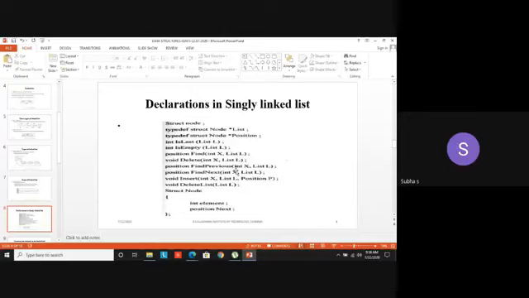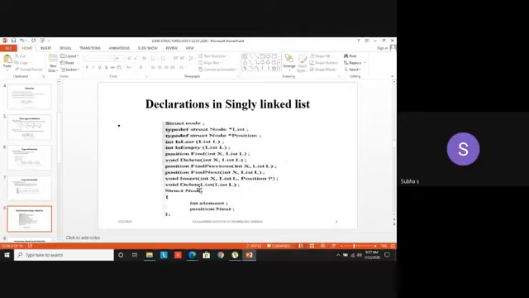Hope you are viewing the PPT. We will discuss the first things later. Struct node, that is the syntax for creating a structure. Struct keyword, then the structure name. Here node is the structure name. You can have any name, but normally we represent each component in the list as a node. So mention it as node. Then inside the structure, what variables have I declared?